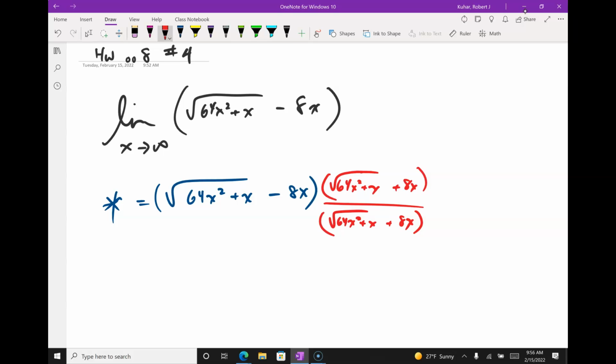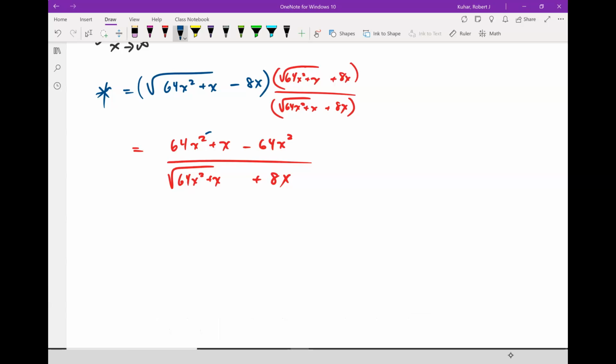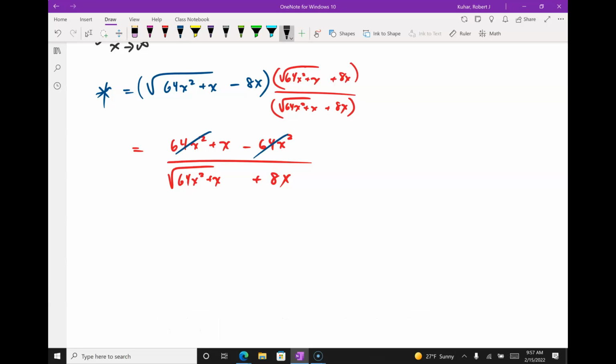So what happens now upstairs? I get 64x squared plus x minus 64x squared, right? All over that conjugate, right? So it looks like my 64x squareds go away. So I just get x over square root of 64x squared plus x plus 8x. And now